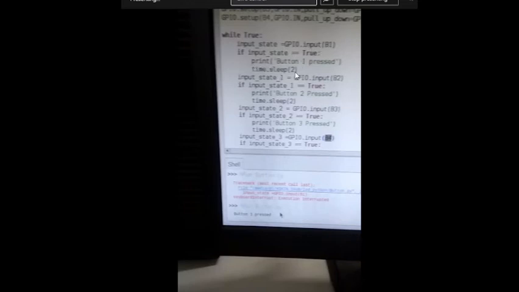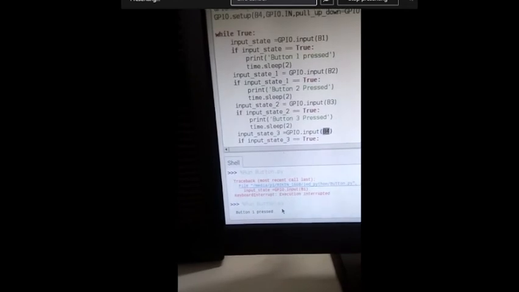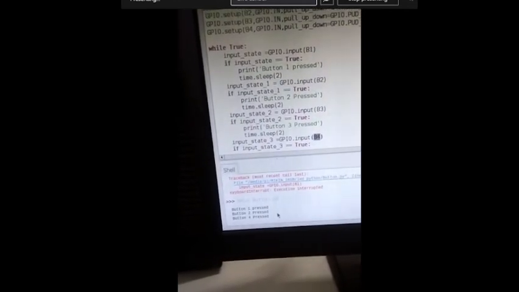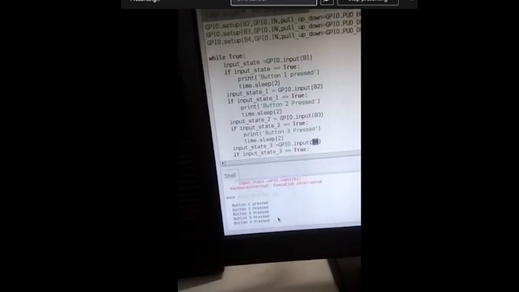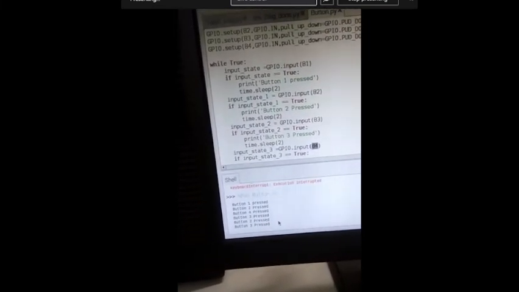Right, because if I press the first button, it should execute this print button 1 pressed. Now I press another button, you can see button 2 pressed, button 4, 3, 2, right.